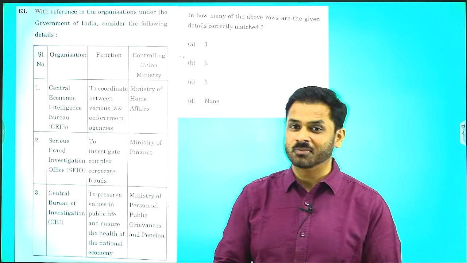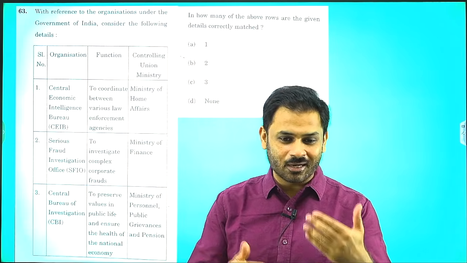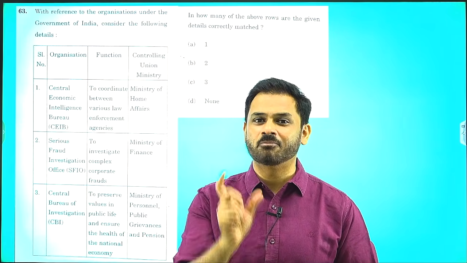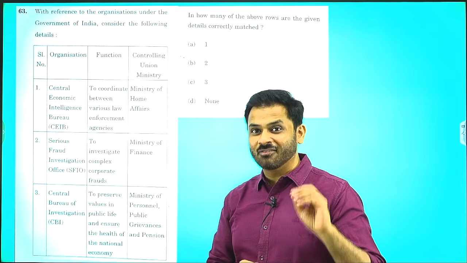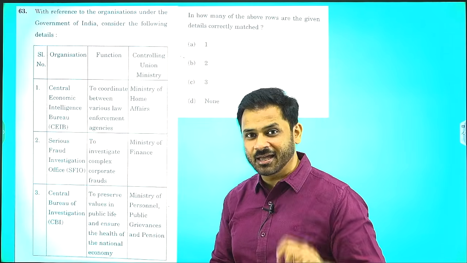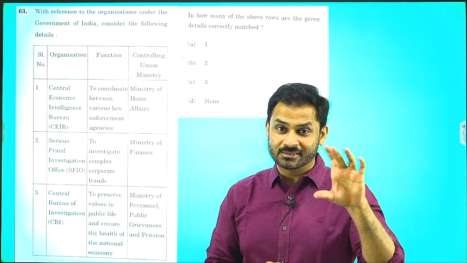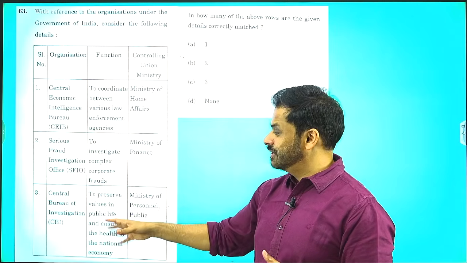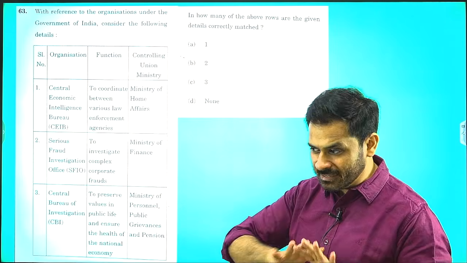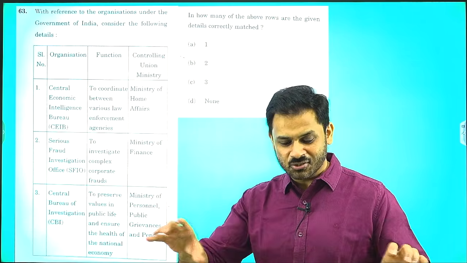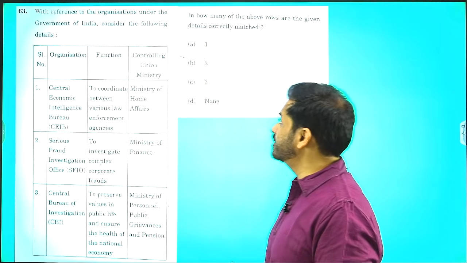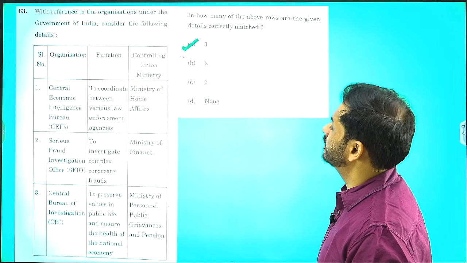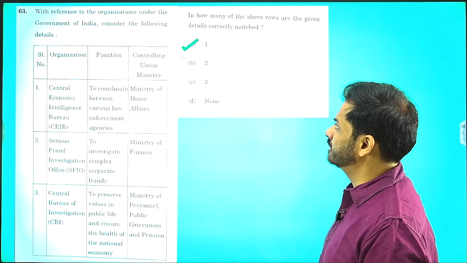Now you may get confused because you might not remember the stated objectives of CBI. This is where the expressions become very, very important. That's why I'm telling you that you have to follow exactly the expressions used in government websites and their material. Otherwise, your answer may go wrong. Even if you visit the website, it is very clearly mentioned on the home page where they state the purpose of CBI. This is the language used there. So the answer will be A, 1. Only one of the things is correctly matched.